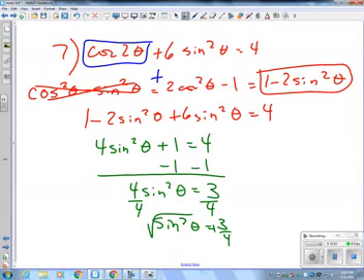And we're going to square root. And that's going to give us sine of theta equals the square root of 3 over 2. But we've got to put a plus or minus on that because you just took a square root. So we're looking for all the sines that end up being square root of 3 over 2. So let's go back and look at our